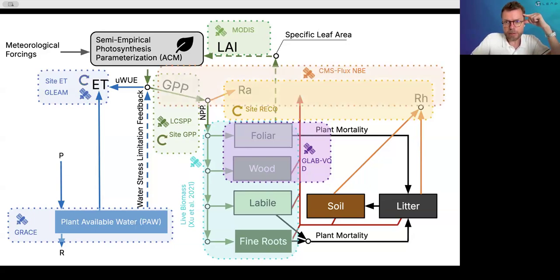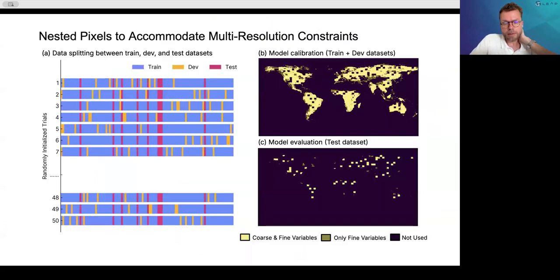And finally, we also have some flux inversions for carbon flux inversion. So we don't have just a big constraint on photosynthesis at the global scale, but we also have some inversion product as well. And then fire, because we need some disturbance. Okay, so then what we do is we try to be very careful about the split, making sure that there's